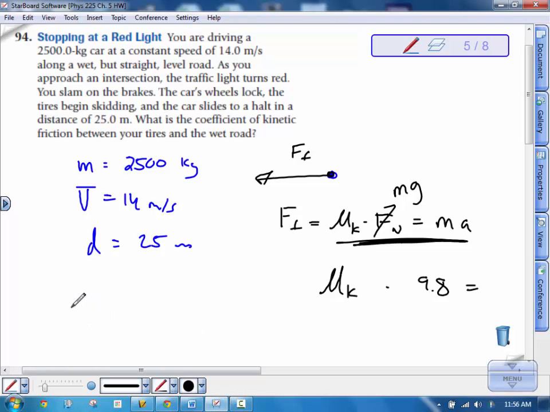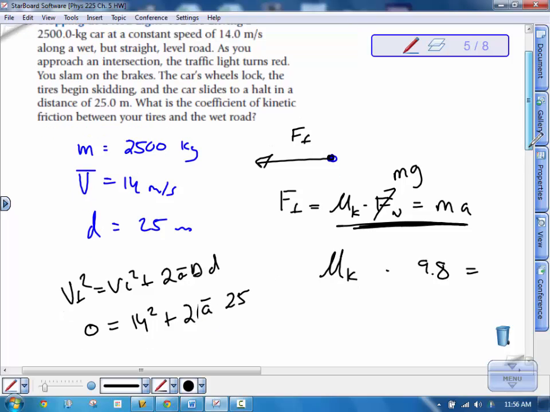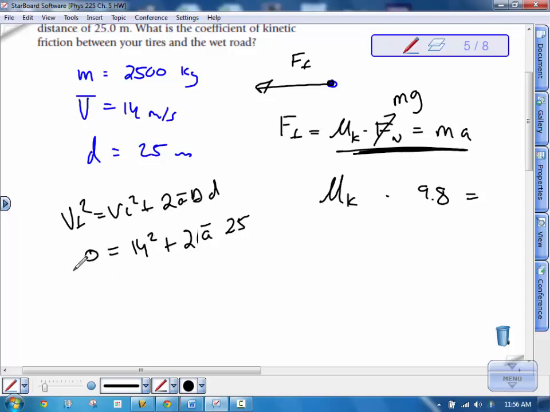So let's use final velocity squared equals initial velocity squared plus 2 times acceleration times change in distance. Final velocity is 0. The initial velocity is 14. And the acceleration's what we're trying to find. The change in distance is 25 meters. So if you solve this, and we can ignore negatives because technically that acceleration is going to be negative, meaning that it's pointing to the left, if we call positive to the right. But if you solve this for a, you get